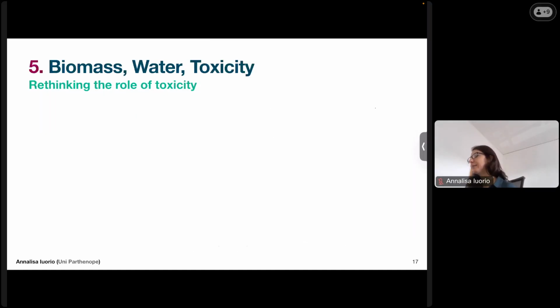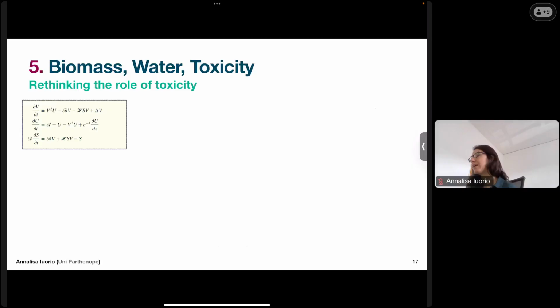Okay, the fifth model is actually the one where I was talking about the very recent paper that we published with Gabriele Griffo and Fritz Fehrmann. In that case, basically, we have, again, an explicit biomass, water, toxicity model. So water is included as well as toxicity in the model, but instead of a diffusion term for the water, we considered an advection term. And this is really what mimics these sloped terrains that I was mentioning before. So in a way,